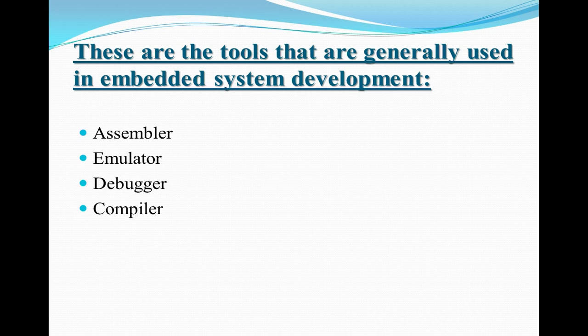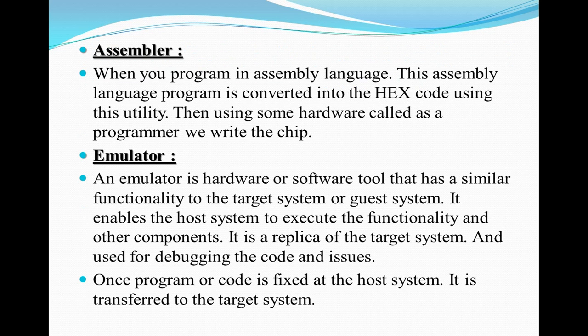Once the code is compiled, the PC is going to convert that code into the hex code. Is it not? What you are typing is in decimal numbers, but the language understood by the PC is binary, and that binary is again converted into the hex code. So this hex code is the program which is burned into the ROM, that is the memory of the system, using some programmer, right? This is the procedure you need to follow to burn the program into one particular controller, or you may use it as a processor.